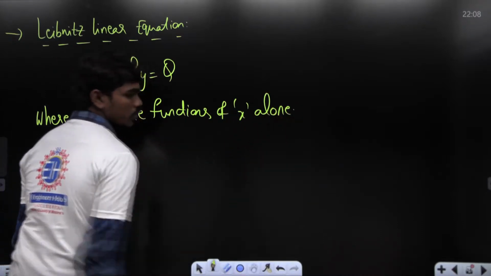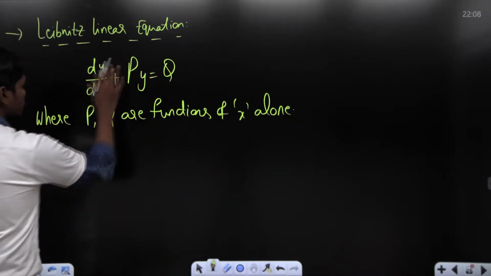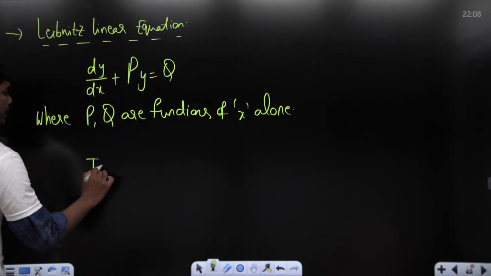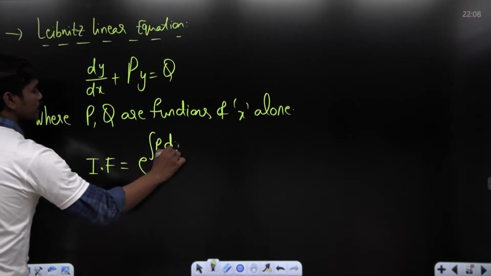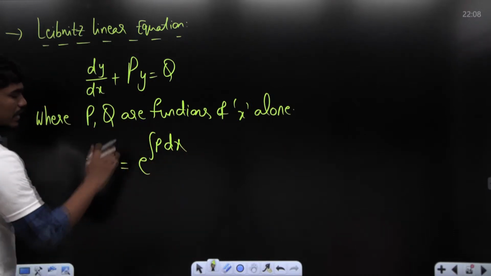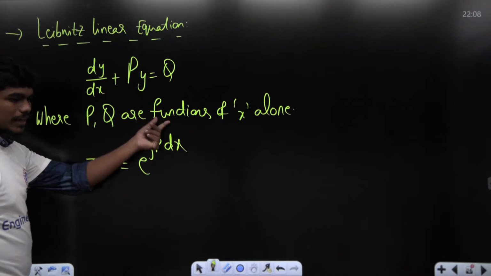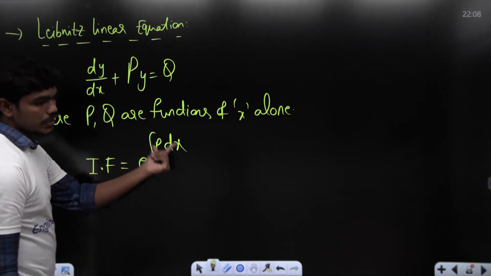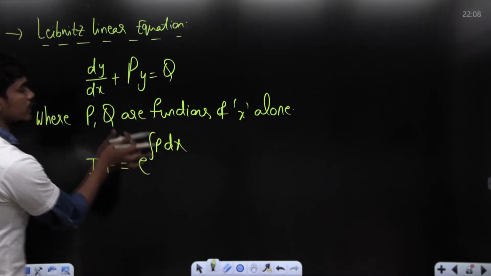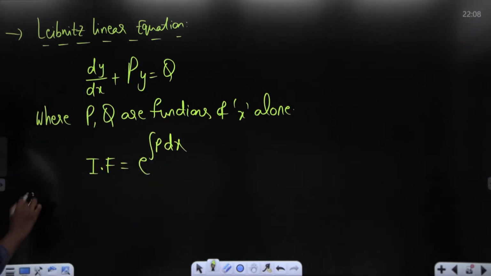Okay. So they are only functions of x. So how to solve this equation? First of all, you need to find the integrating factor, which is equal to e power integral p dx. Once you get the integrating factor, because p is only a function of x, you know how to evaluate the integration of some function of x dx. You will get this function. So once you get this function, the solution is